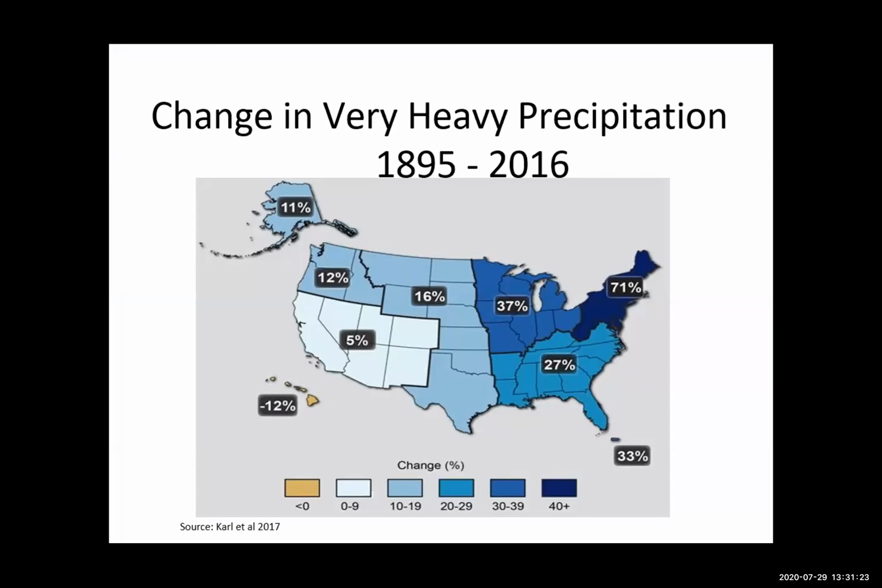In the Southeast, we've seen about a 27% increase in the amount of very heavy precipitation from 1895 to 2016. That's been a pretty significant shift. In the Northeast, it's even been worse. They've almost seen a 71% increase in the amount of extreme storms. Knowing how climate is changing in the region allows us lead time on developing tools and management strategies to address